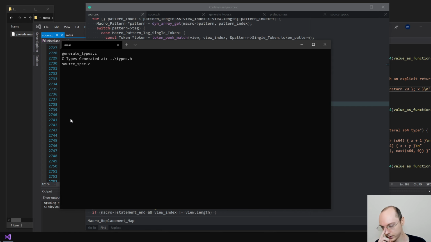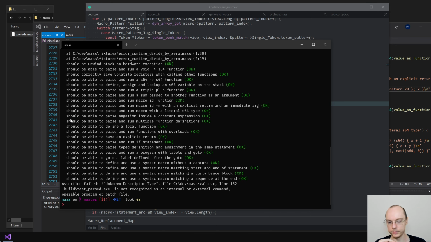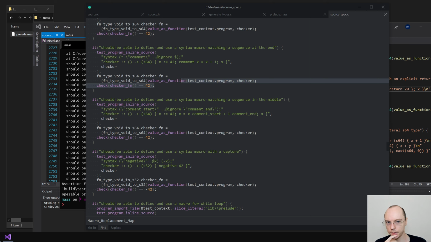I think it will do the wrong thing. Unknown descriptor type. That is pretty funky. Yeah, so this is a bad error message, but this did not match, I assume.